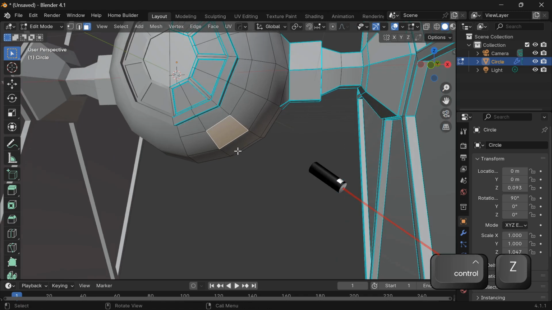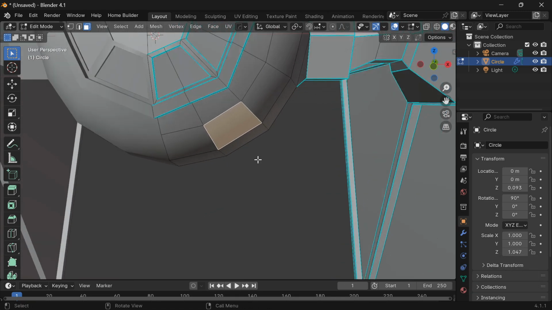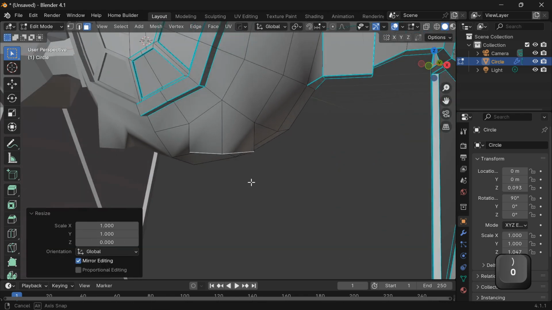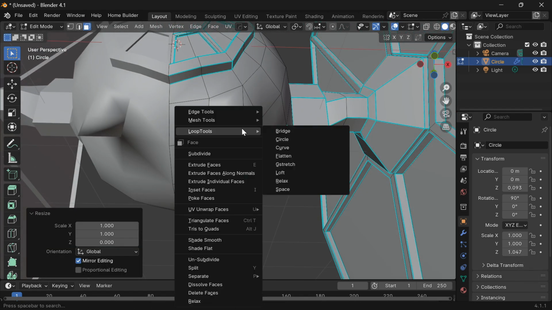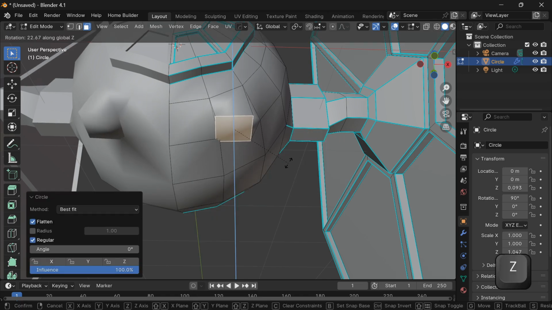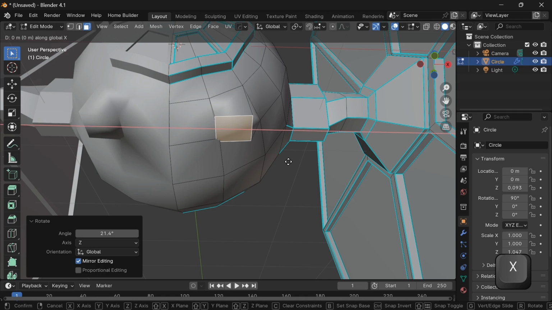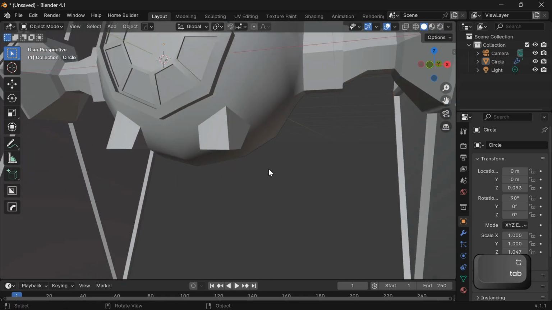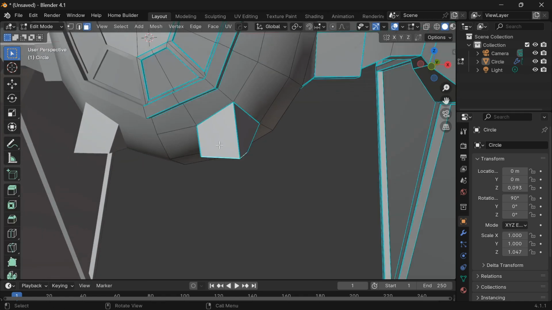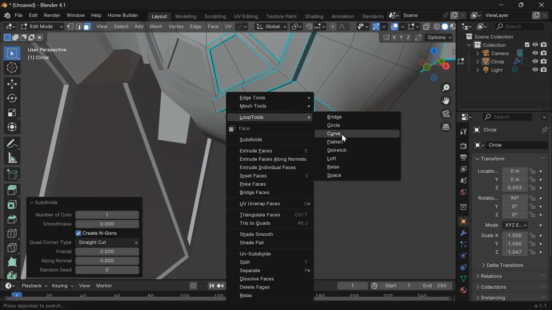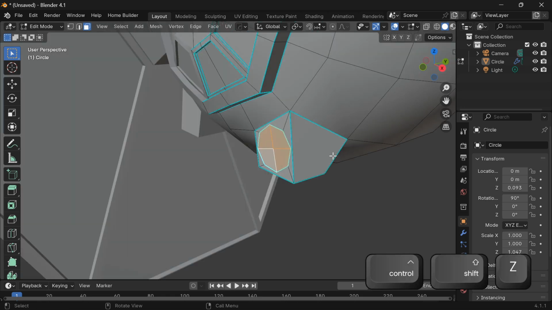Okay, I'm gonna add a little laser pistol thing at the bottom here, and of course it will be mirrored. Okay, so I'm going to extrude that down with E, Z, S, Z0 to flatten that out, and then right click, loop tools, and R, Z, and kind of rotate it till it's facing the correct direction. Select the front face, hit I to inset, right click, loop tools, circle, E to extrude,